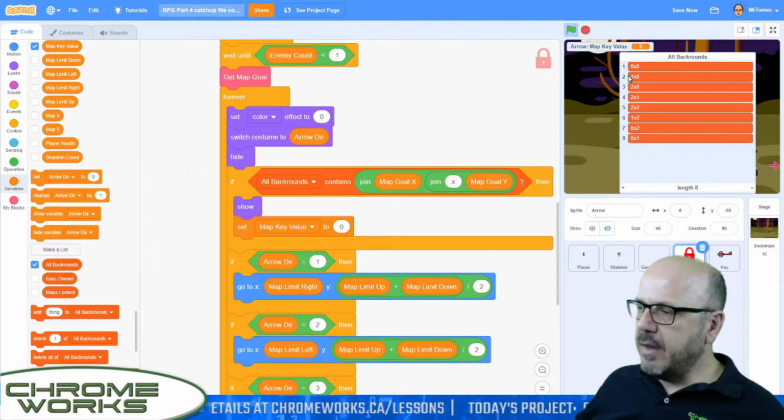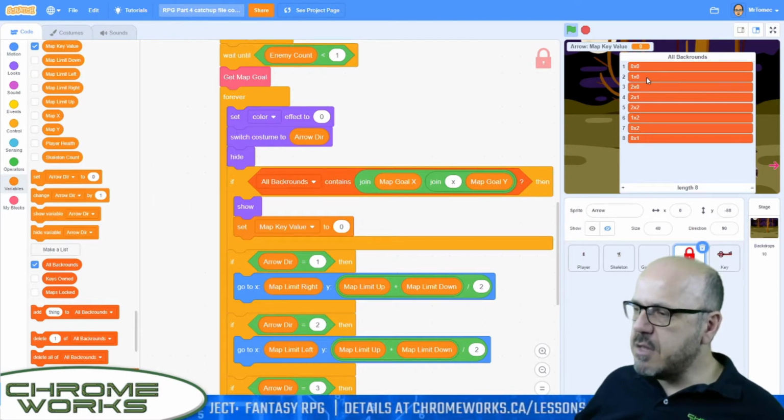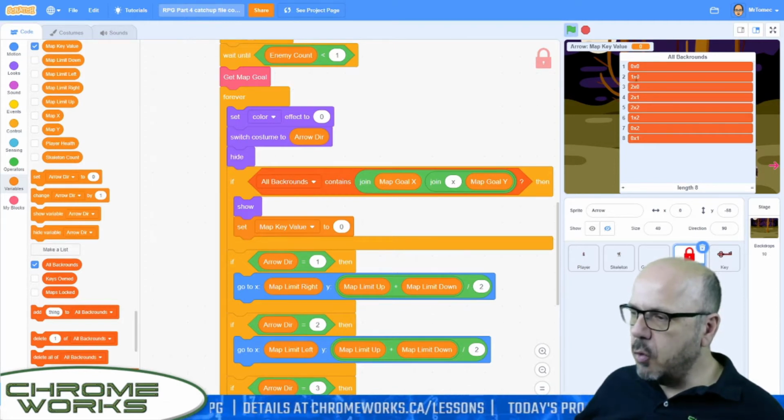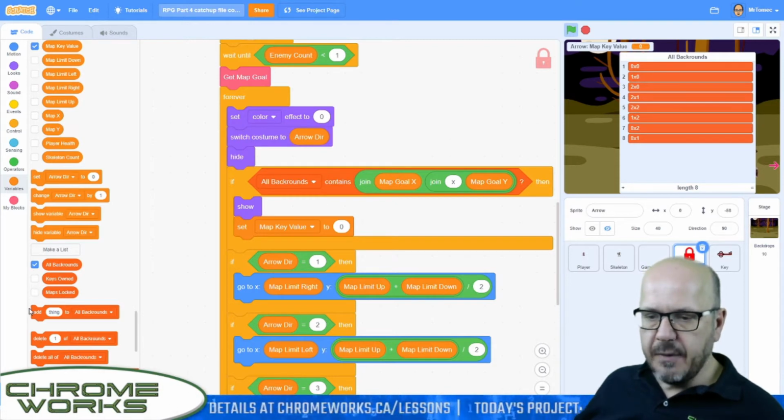As I explained to you guys last week, this is kind of an XY coordinate system. 0, 0 is where you start, the room that you start in. 1, 0 is an X coordinate of 1 and a Y of 0, so that's the room to the right of you here. So if we were looking at this second room, which is the one immediately to the right of us, we would want to see if this room, 1, 0, has a lock in it. We would find out that it was number 2 on this list,